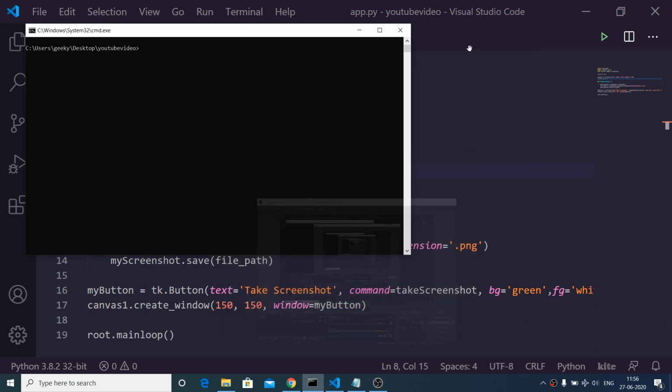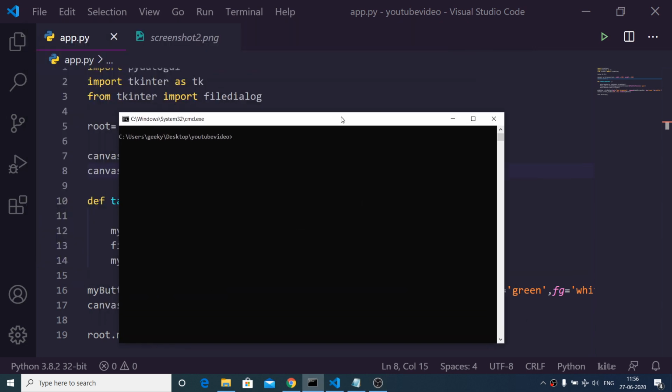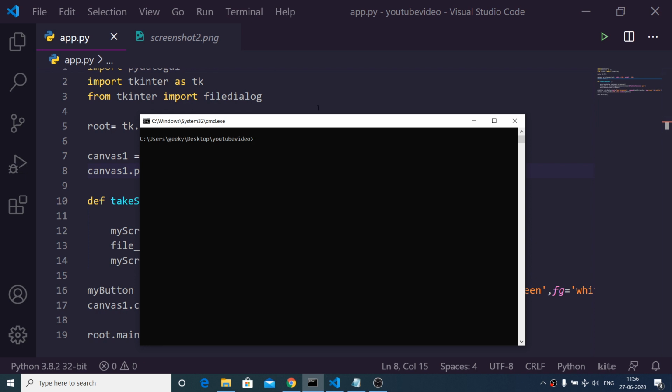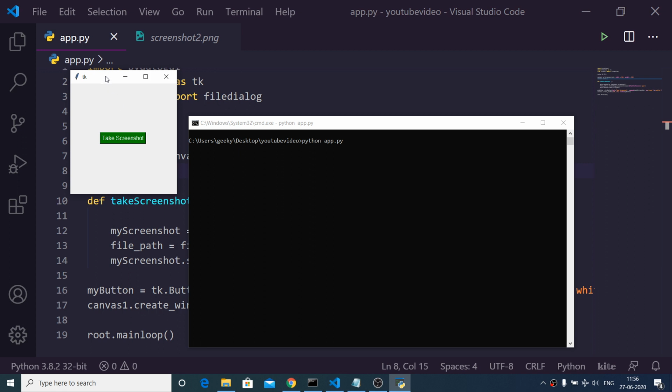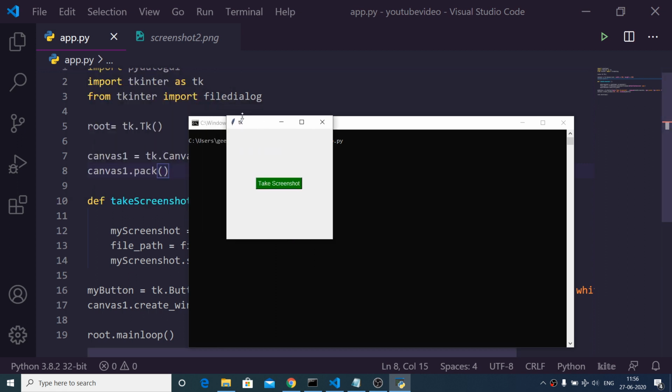Hello friends, today in this tutorial I will be building a screenshot kind of application in Python using Tkinter and the PyAutoGUI library in Python. So this is my Python script. If I run this script, let's suppose I write on the command line python app.py, this is a Python file, and if I execute it, you will see a GUI application appear. We have made this application using Tkinter, which is a framework for building graphical user interfaces.